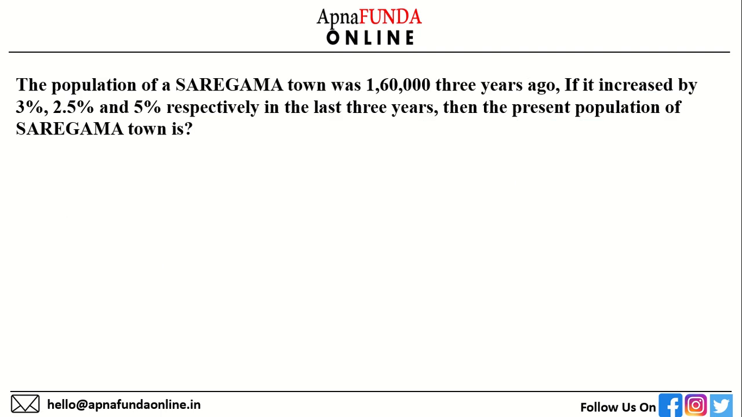Next question. The population of a Saregama town was 1,60,000 3 years ago. If it increased by 3%, 2.5%, and 5% respectively in the first 3 years, then the present population of Saregama town is. Guys, in our percentage video 1, in the introduction to percentage chapter, we discussed a formula for successive